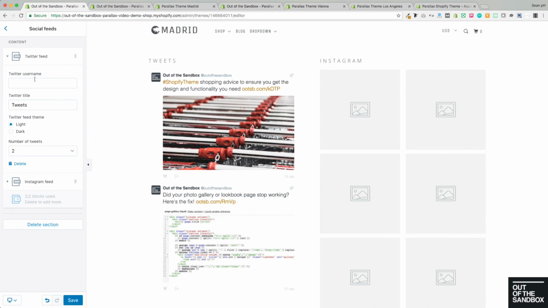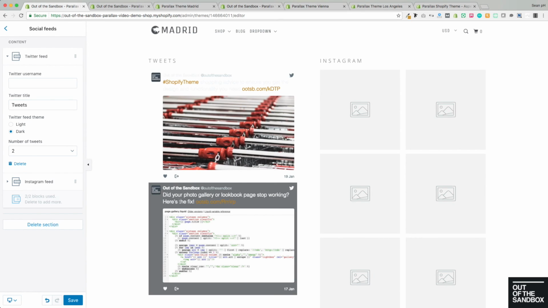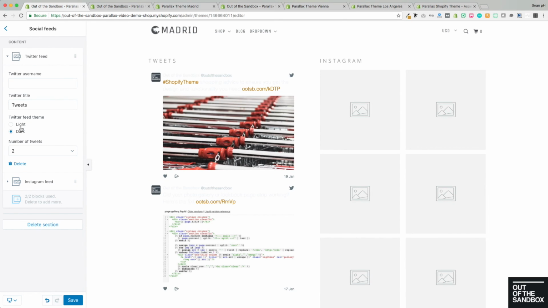Here are the Twitter settings. So you can put in your username and change the title of the Twitter section here. If you were displaying this feed against a dark background, you would want to choose the dark Twitter feed theme here, as the text will appear with the proper coloring to be visible against a dark background. Since we have a light background, we're using the light theme, and this is where you can select the number